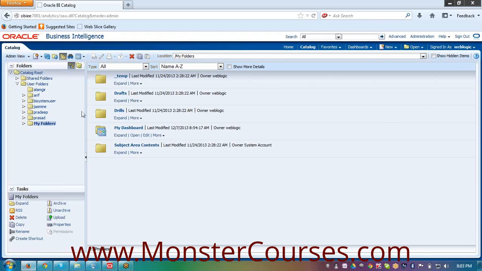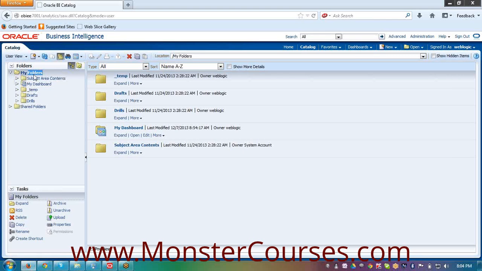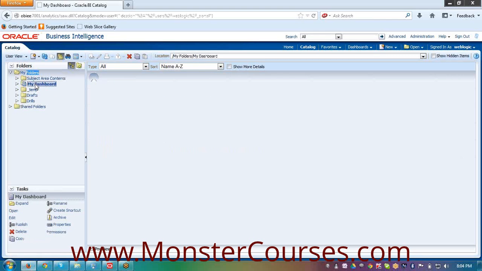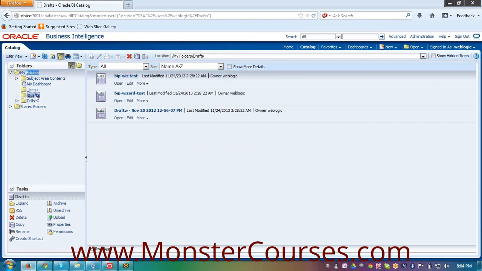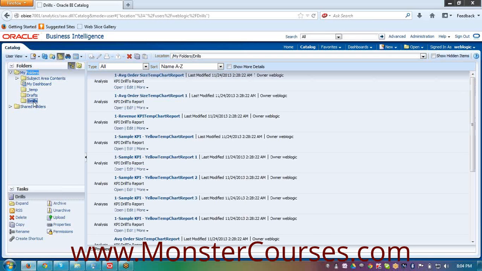So in catalog view, you have two views: user view and admin view. Admin can see all this and you can change it to user view. User view can see the folders, dashboards, temp folder, any drafts that you have saved, the drills information.